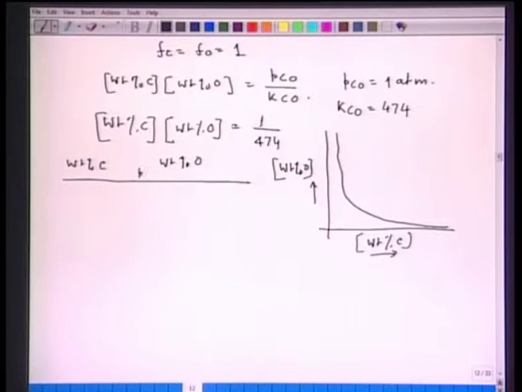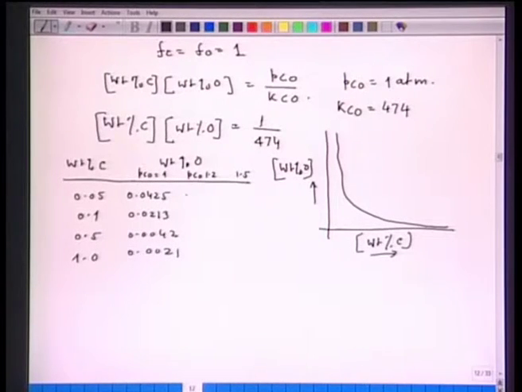If I take 0.05% carbon, 0.1, 0.5 and 1.0, I calculate here for PCO equal to 1 atmosphere: 0.0425, 0.0213, 0.0042 and